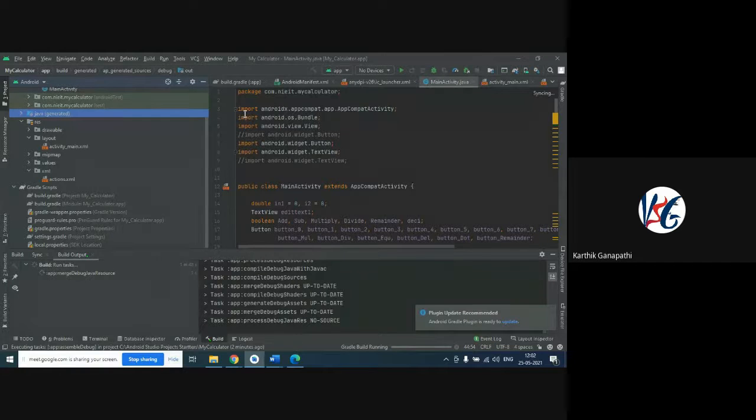Now it is still running. Once this is done, it will fetch us an APK file, that is the Android package file. Yes, I think it will give it now.